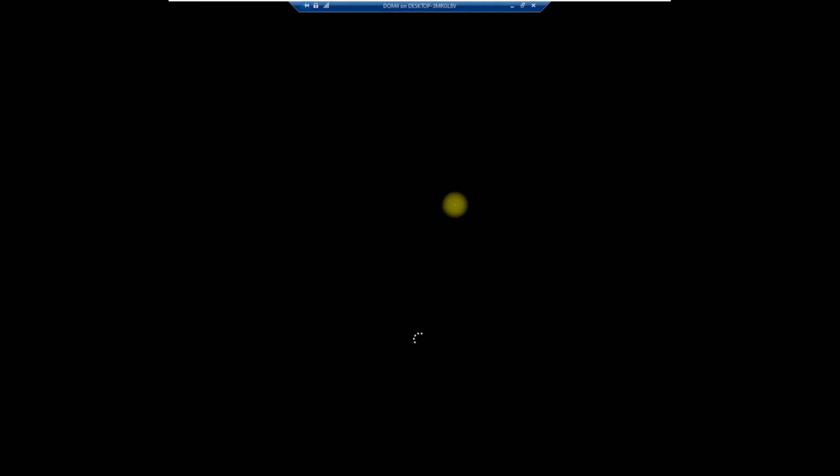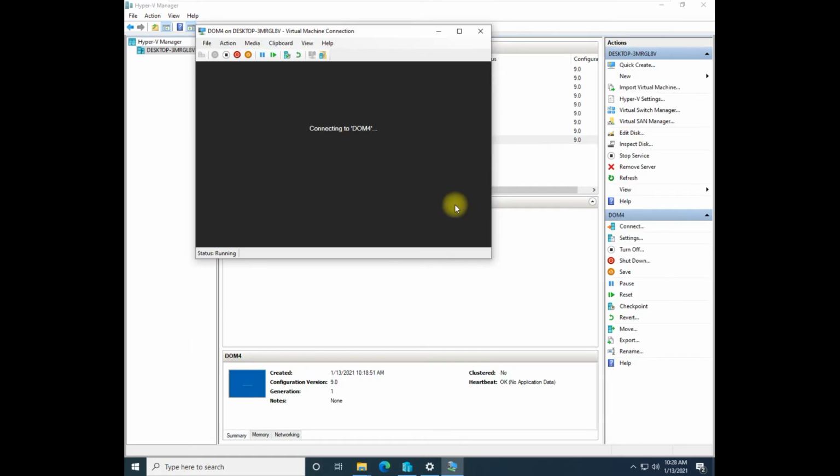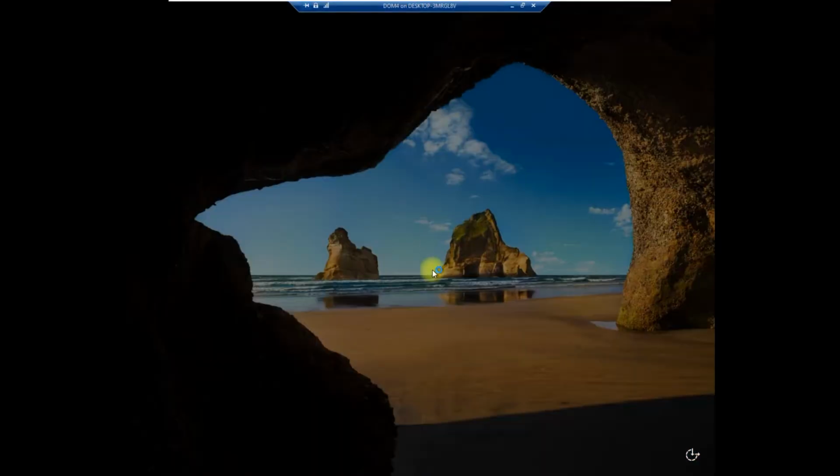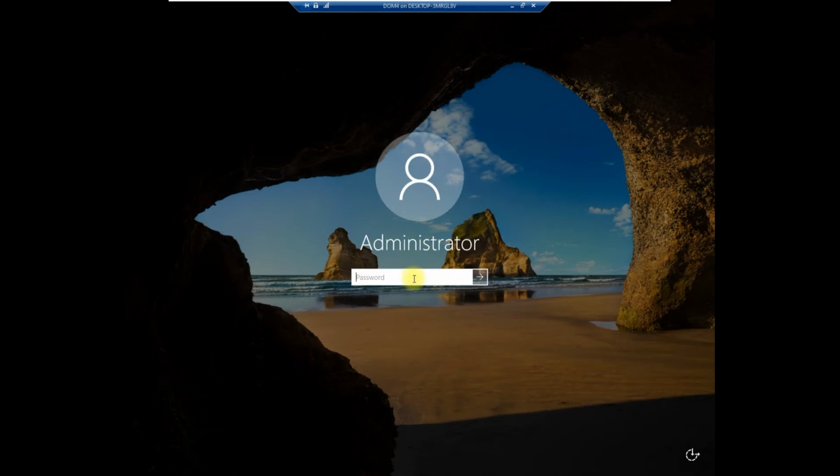Now we simply have to put the password. So our static IP address, we have defined it.